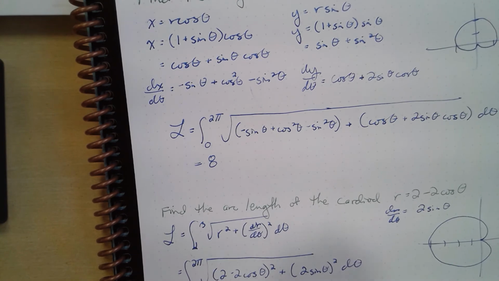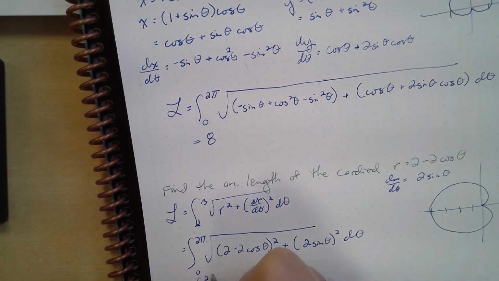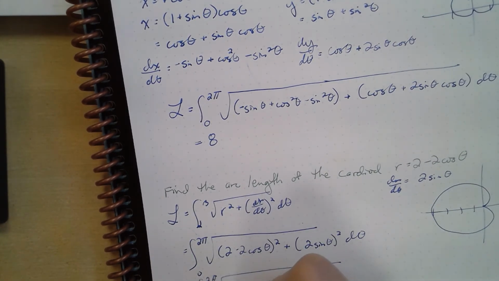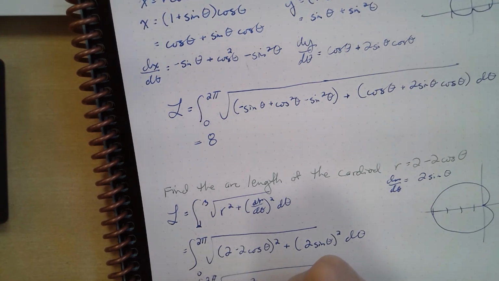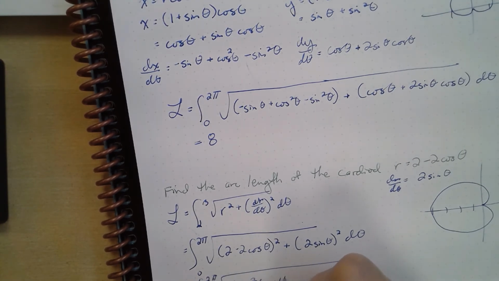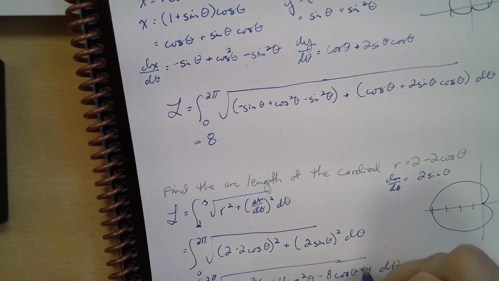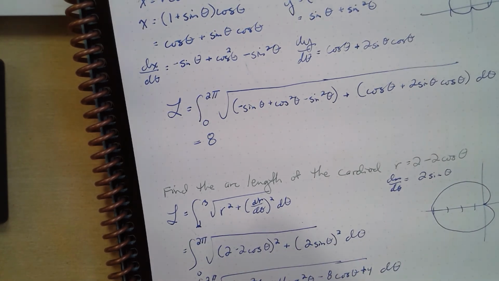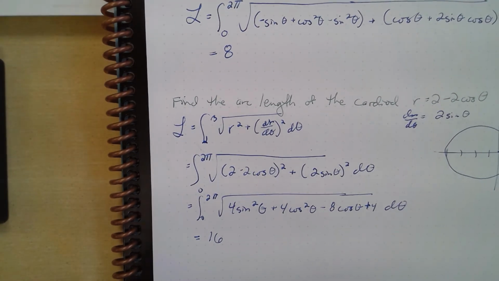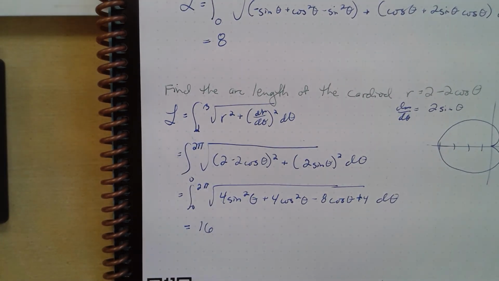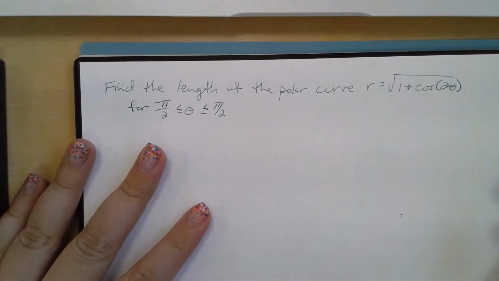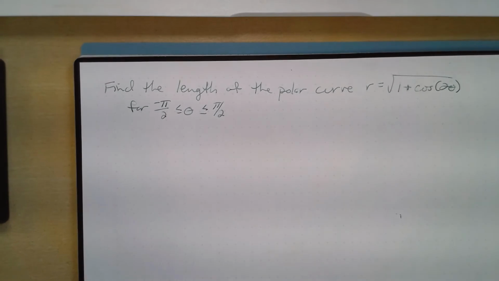And if I want, I can expand this out from 0 to 2 pi, square root of 4 sine squared theta plus 4 cosine squared theta minus 8 cosine theta plus 4 d theta, which once I enter it in my calculator is equal to 16. Woohoo! Very exciting. Okay, let's do another one. One more. We want to find the length of the polar curve r equals the square root of 1 plus cosine of 2 theta